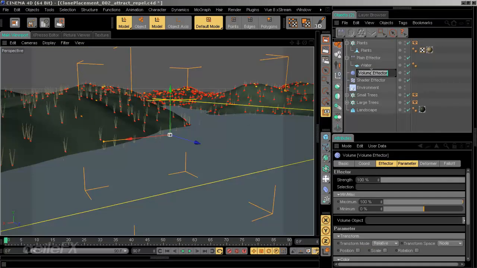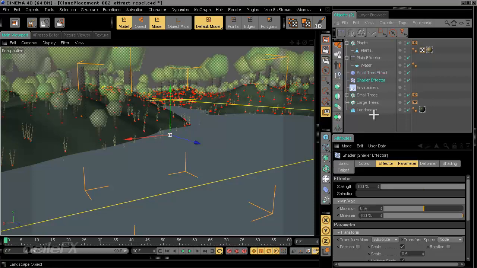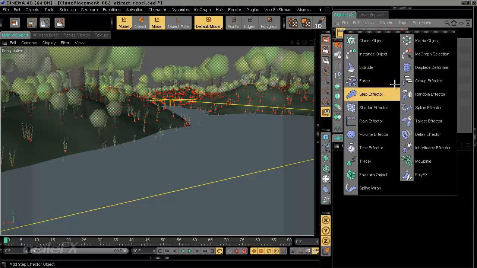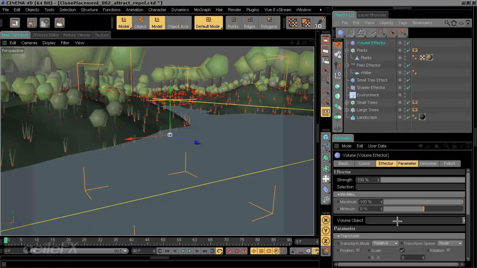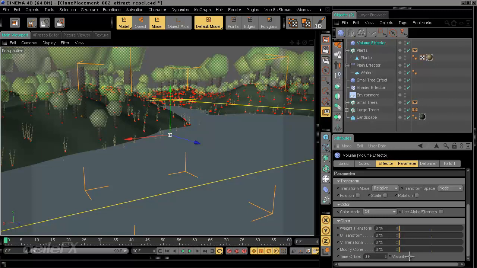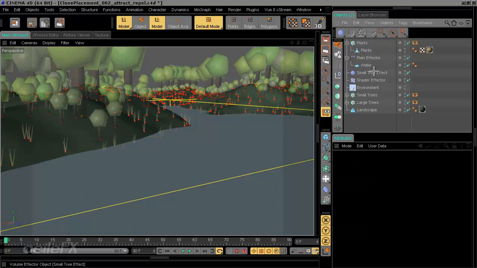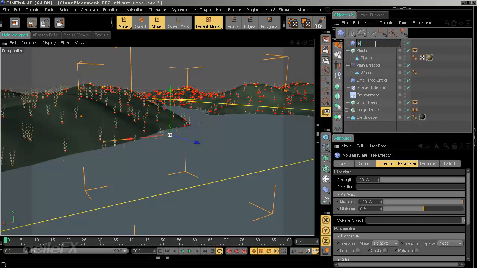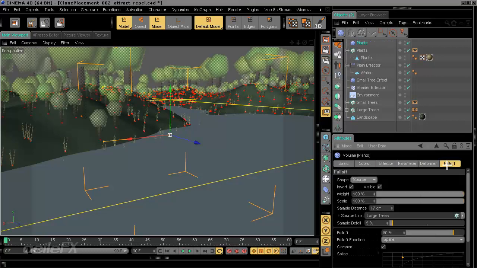So we're going to say small tree effect for the other effector. And then the shader, I don't have any duplicates right now, so I'm going to keep that the same. We'll go ahead and add in the volume effector and turning off scale, and just once again using the same setup where we have it on. We can either copy over the same settings. I think what I end up doing, since the other one's already set up, is copy and paste the small tree effector and call this plants. And then what we can do is replace the source link under fall off with that water plane,